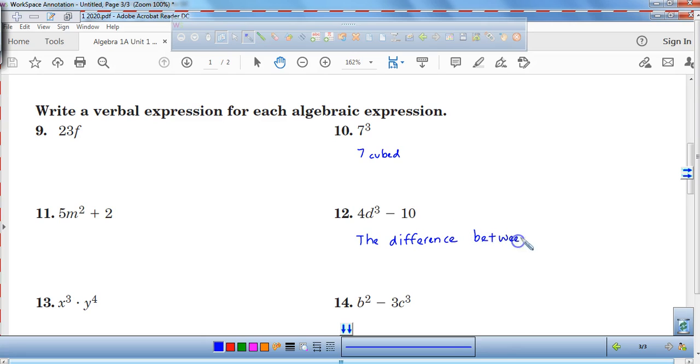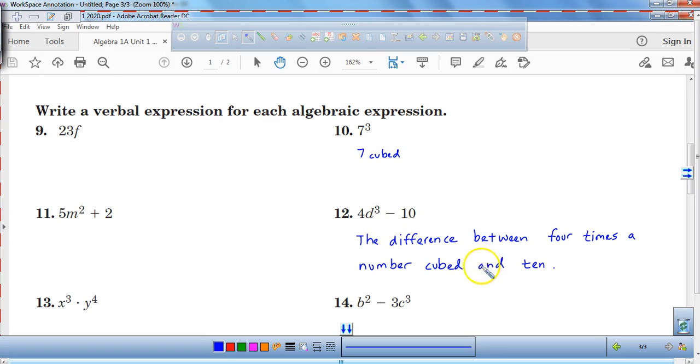Remember, when you're dealing with subtraction and division, order does matter. Okay, so the commutative property does not work with division and subtraction. The difference between 4 times a number cubed, there's the number, our number just happens to be d, cubed,